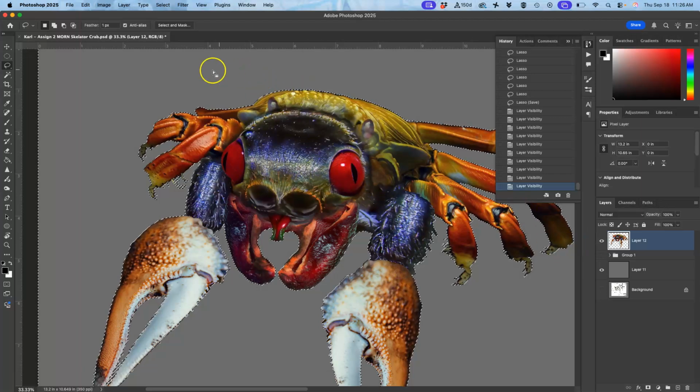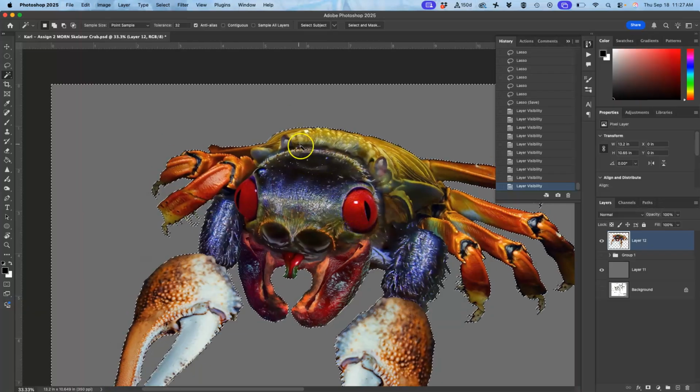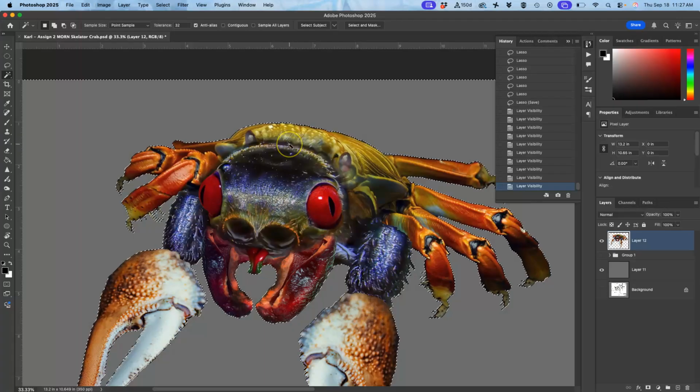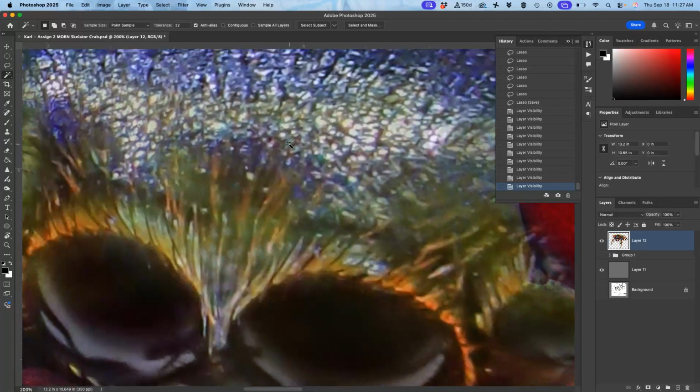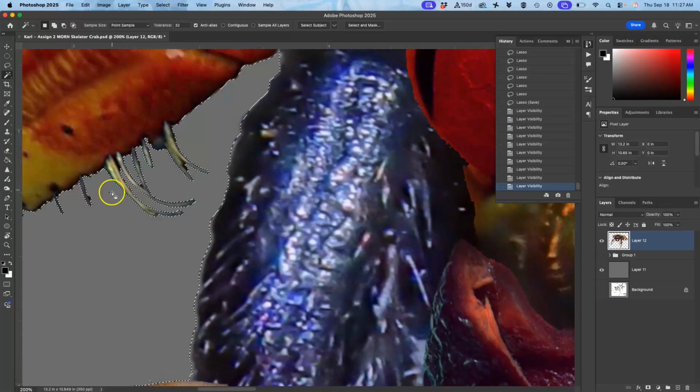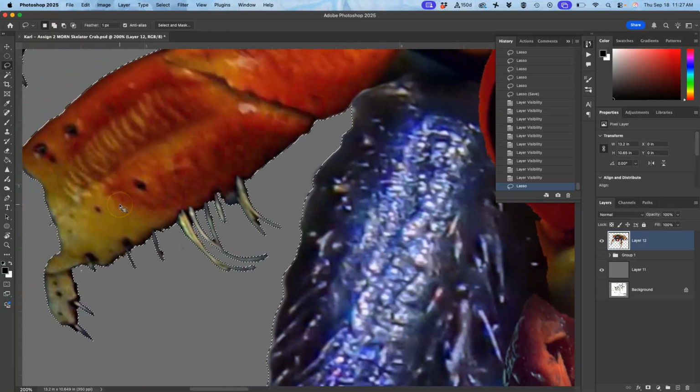And then I use my magic wand with contiguous turned off, and I selected the empty space around it. And if it selects more than just the empty space, you might want to take your tolerance down, but for me it's fine. And then I looked for anywhere that there were extra pixels, like there's a little extra pixel there I don't want. So I augmented the selection with my lasso, holding down Shift on this active selection to add it in, so that when I hit delete,